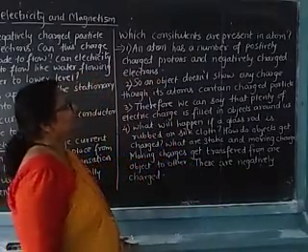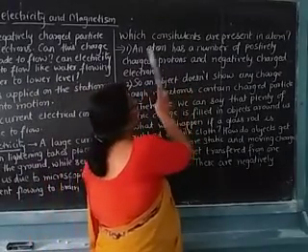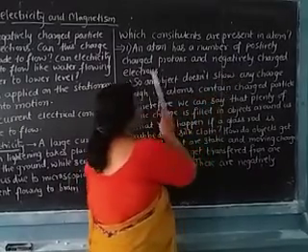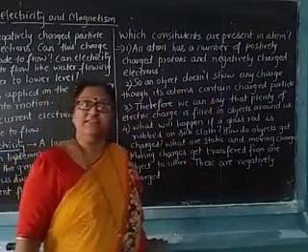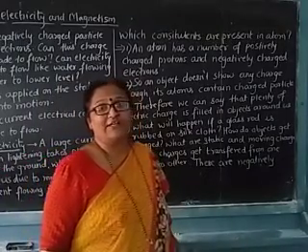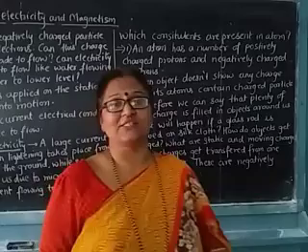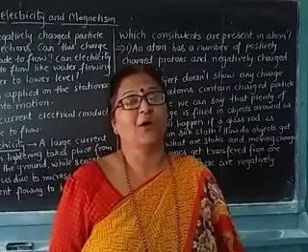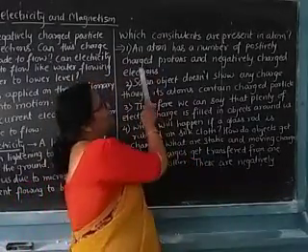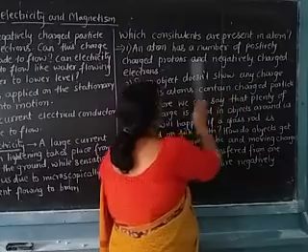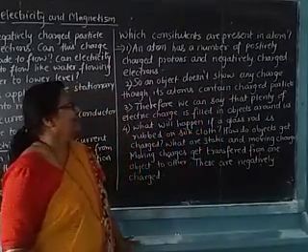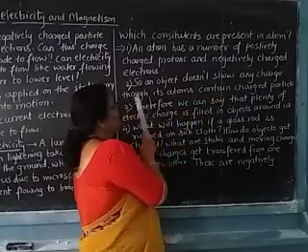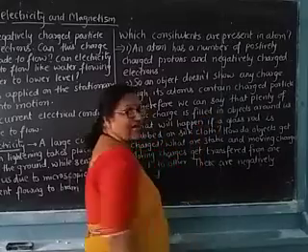See here, an atom has a number of positively charged protons and negatively charged electrons. Whenever you see the structure of an atom, you find some positively charged particles and some negatively charged particles. The positively charged particles are the protons, and the negatively charged particles are the electrons. So an object does not show any charge, though its atoms contain charged particles.